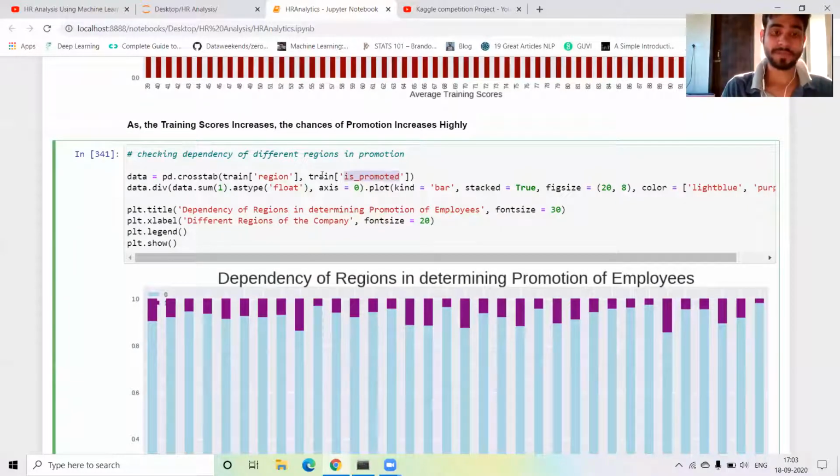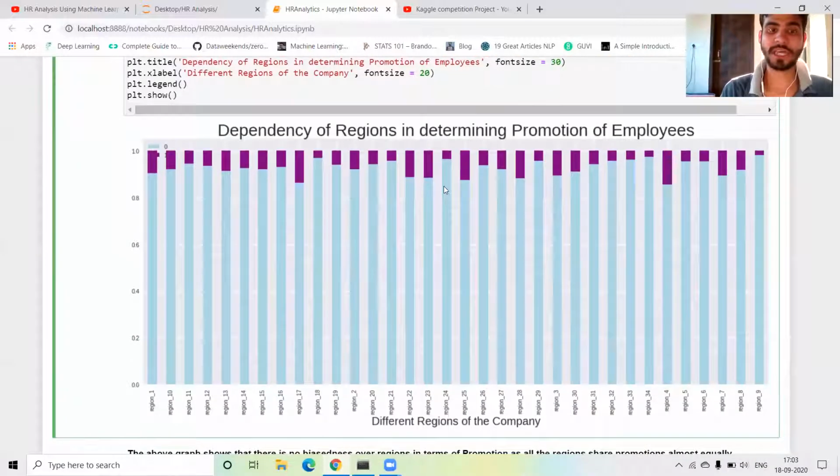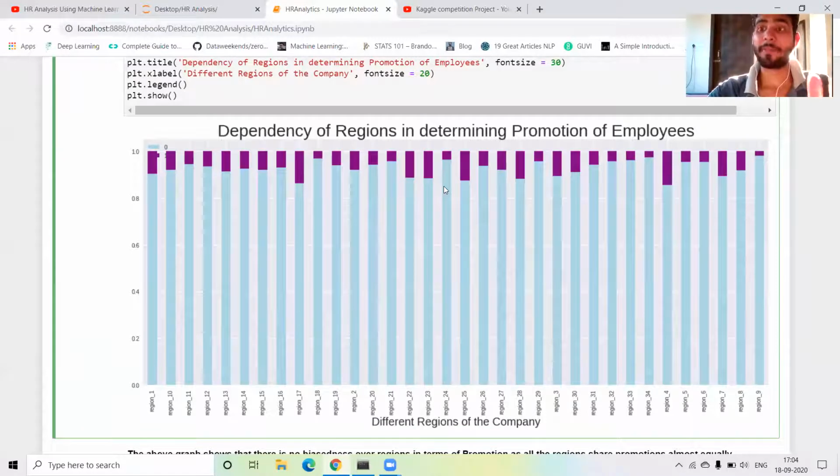Okay, so I just take the region and promoted columns. Same thing, I just write a crosstab and then plot a bar plot, guys. Okay, so this is our bar graph for the region column as well as the promoted column. So it depends on the region. If you are in the Bangalore region, then your chances of promotion are very high. If you are in the Chandigarh region, your chances of promotion are very low.